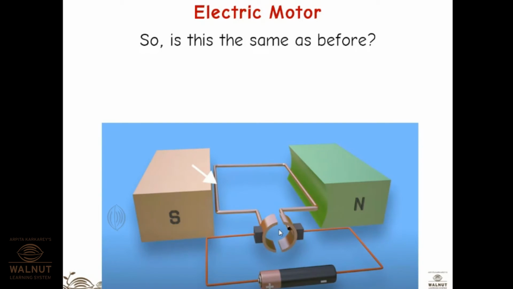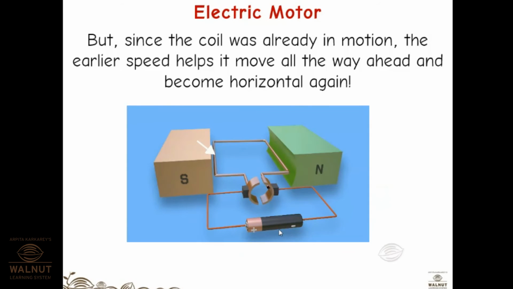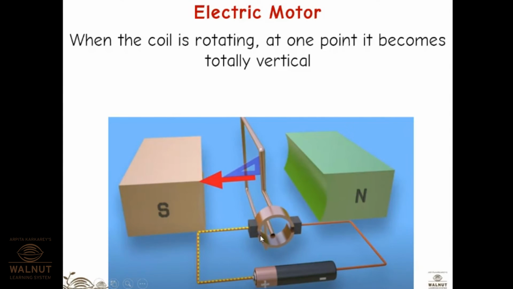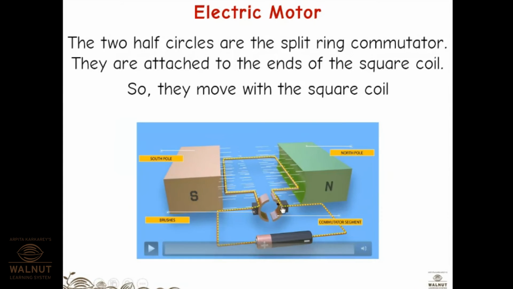Okay, explaining again this part. See, what happens is how the connection breaks. If you can see these split rings and commutators, there is a space over here. It is not a total circle. Can you see the space at the top and the bottom part? It is not a complete circle.